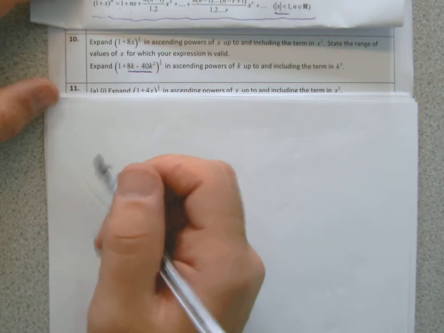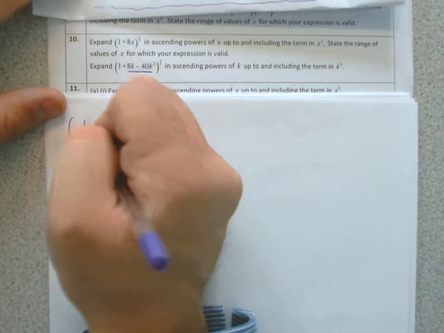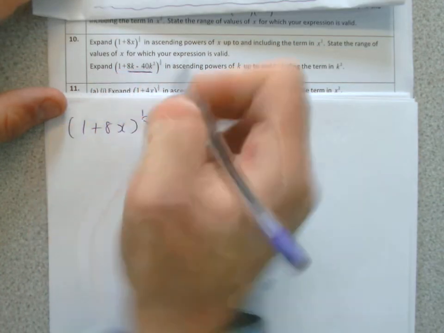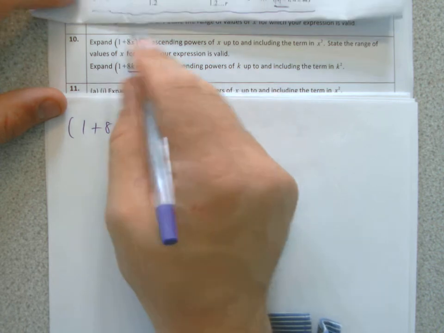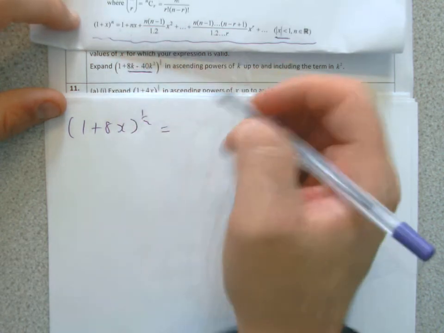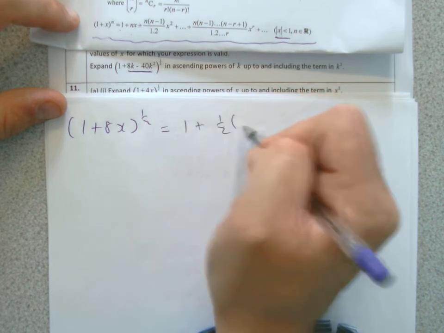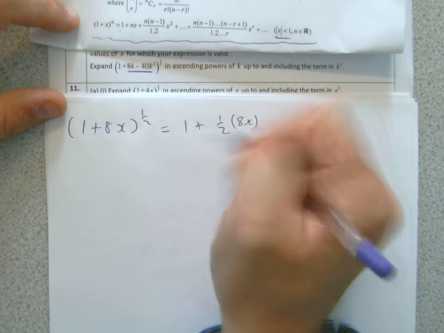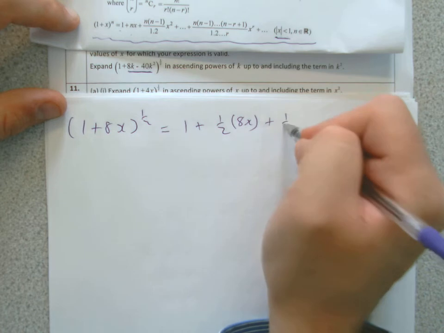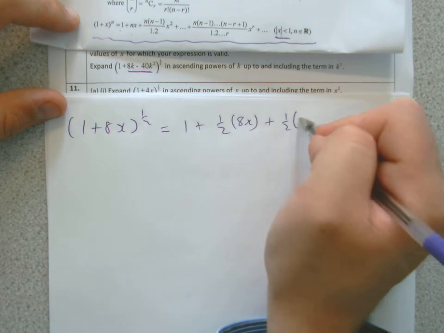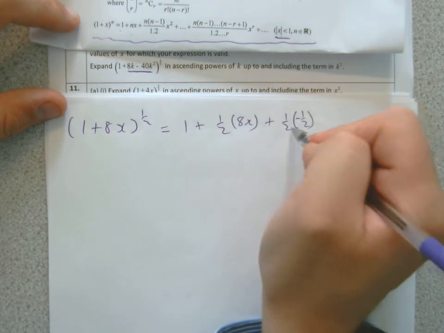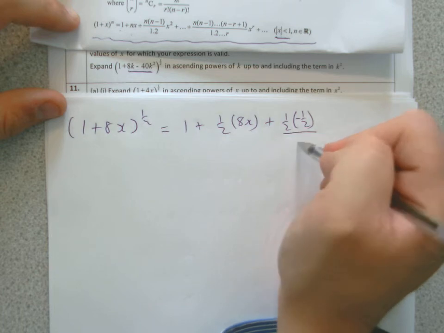Part question 10 here then, so we've got to expand this here, 1 plus 8x to the power half. We're going to use our binomial series here again to do this. So it'll be 1 plus then the power, which is half, times then the x, which of course in this case now is 8x, plus then a half, and then that's n, so n minus 1 then will be minus a half. If you take 1 away from n, you get minus a half, over 1 times 2, which is 2,